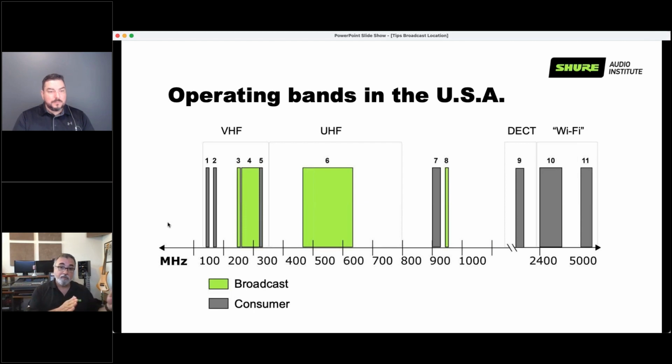When you go down in frequency, your waves get longer. When you go up in frequency, your waves get shorter. So a UHF wave would be around 2 feet. Your VHF wave may be about 10 feet. Your 2.4 wave may be about 4 inches. So keep that in mind because the same obstacle may be different depending on what frequency range you are working